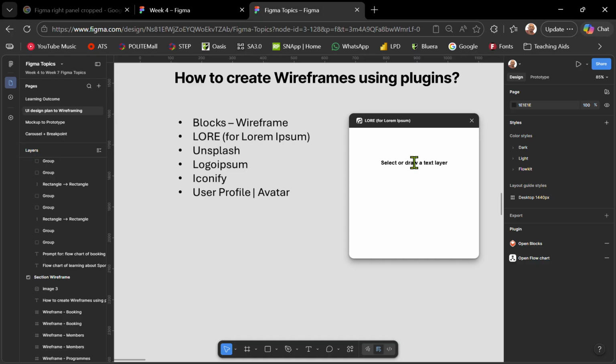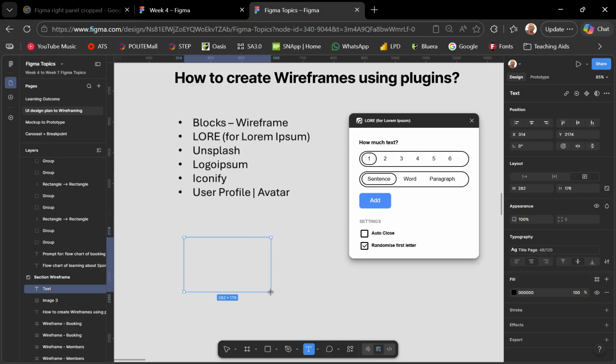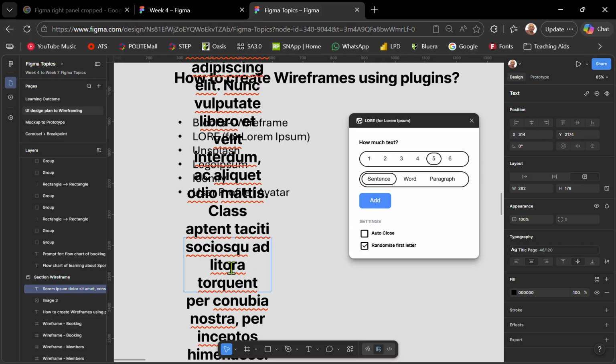Select or draw a text layer. I'm just going to quickly demo what this does. On my keyboard, I press T. I drag the text layer. Note that the plugin appears. How much text do I want? A sentence, word, paragraph. Okay, I want 5 sentences. Click, it appears